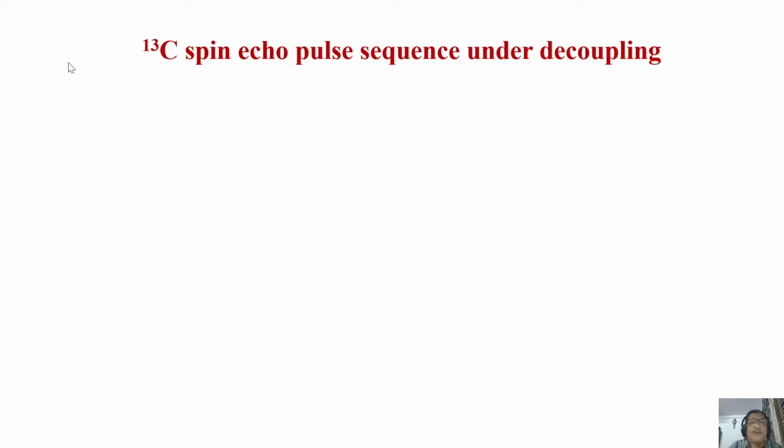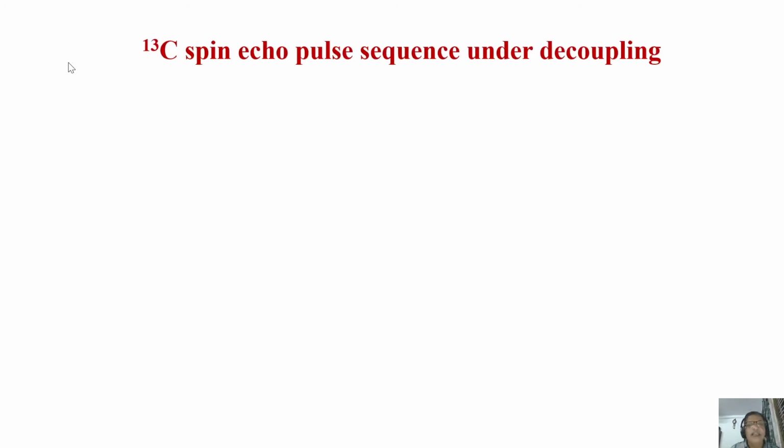Of course, you may ask me a question. I did heteronuclear decoupling. Can I not do homonuclear decoupling? Yes, it is possible. But homonuclear broadband decoupling is not possible. The moment you bring the magnetization to the transverse plane, and if you start applying an RF pulse, you are going to disturb the magnetization. It is not possible. But selective decoupling is possible.